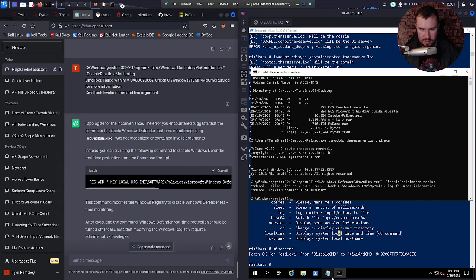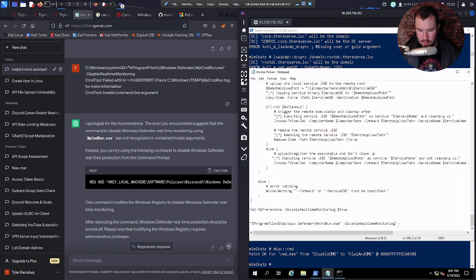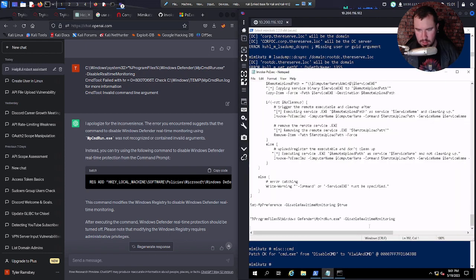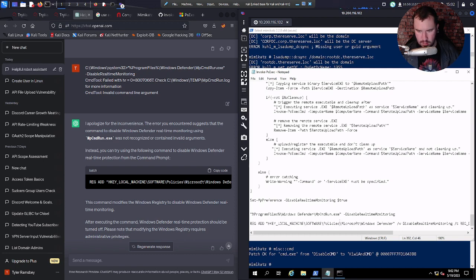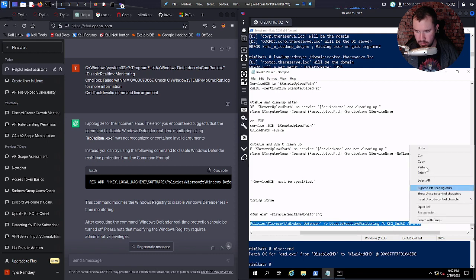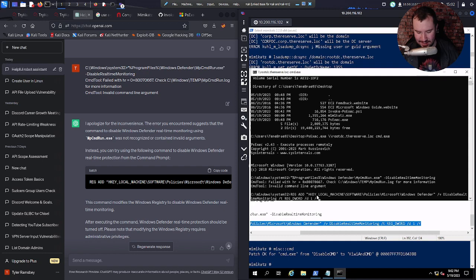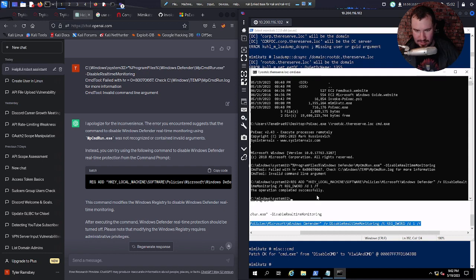Ooh, modify the registry. Let's try that. It's really annoying that I gotta do this twice each time. Cool.